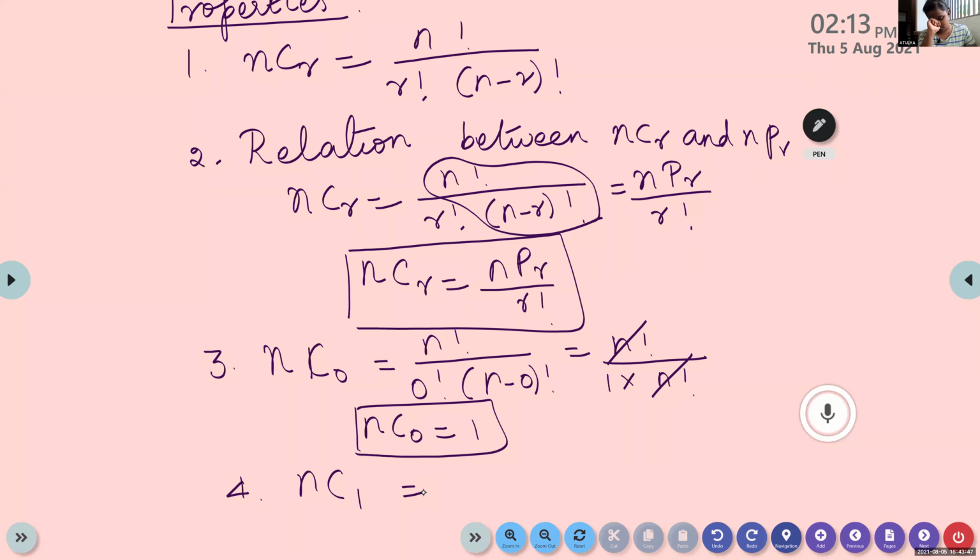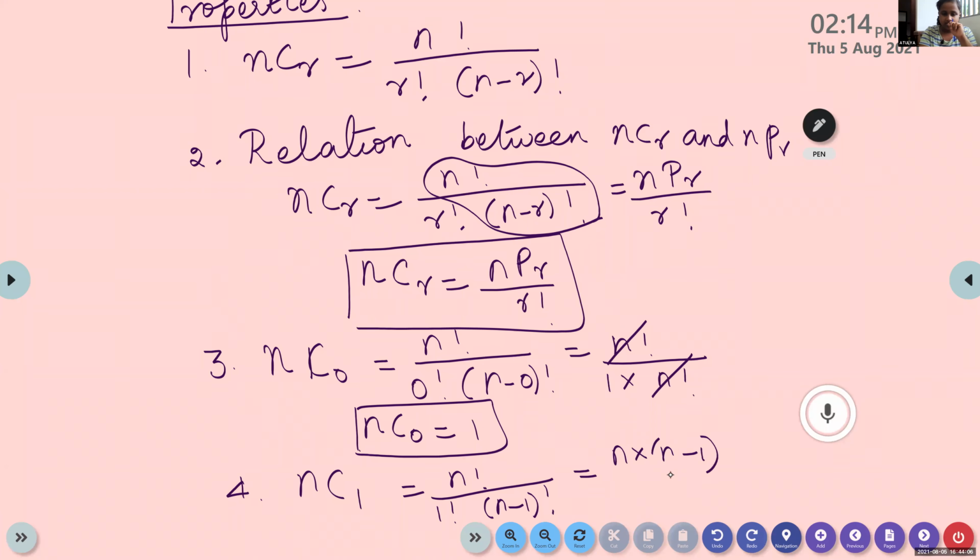Is it correct? It is n factorial by 1 factorial into n minus 1 factorial. Then how will you get this as n? Now it's n factorial by n minus 1 factorial. Then we make it n into n minus 1 factorial by